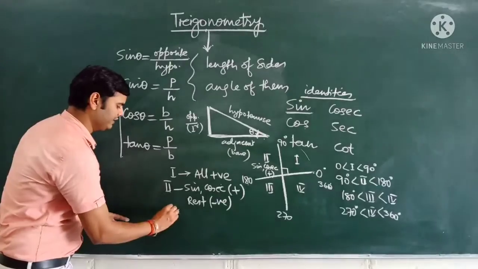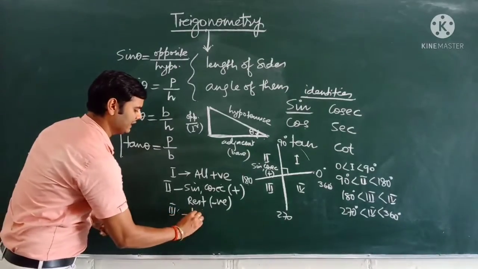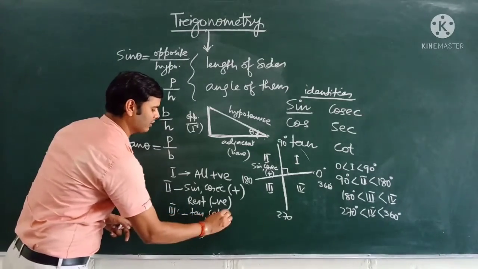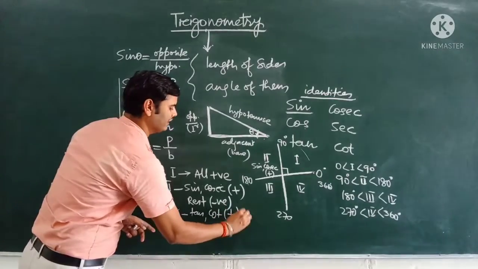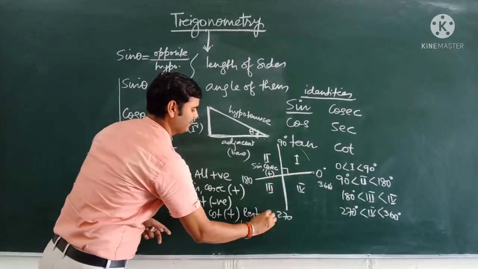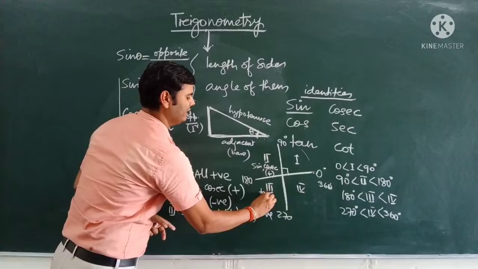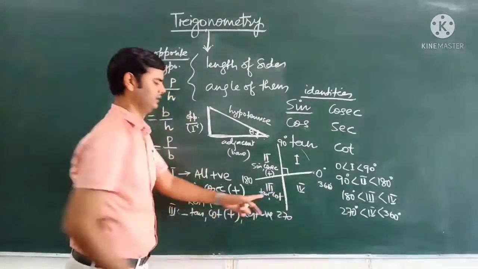Likewise for the third quadrant, tan and cot are positive, and the rest are negative. Means in this third quadrant, tan and cot are